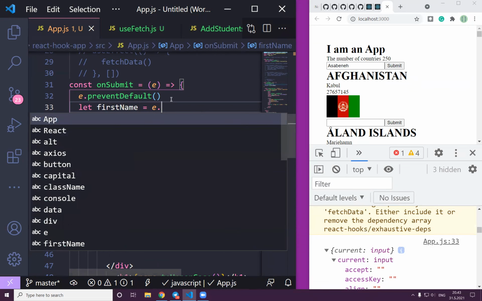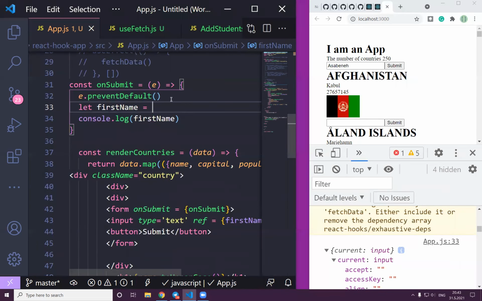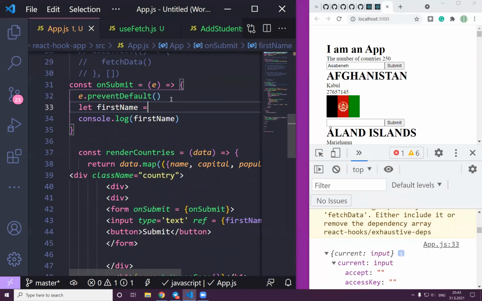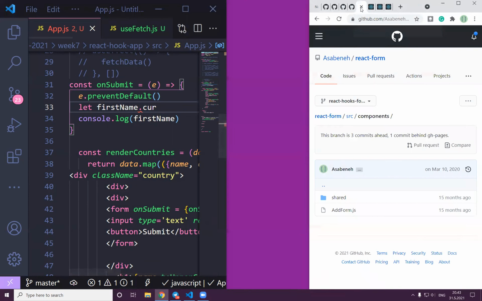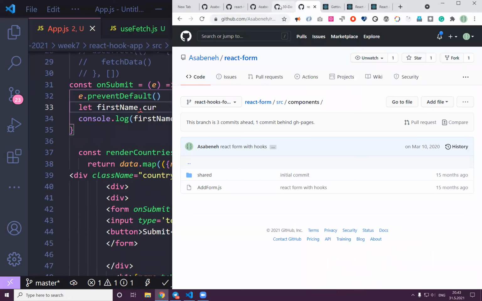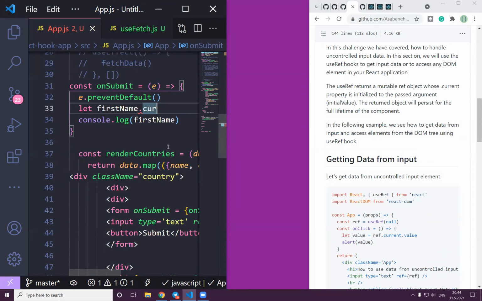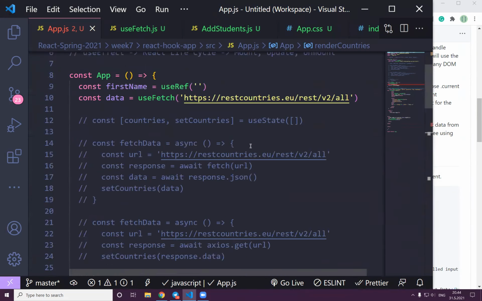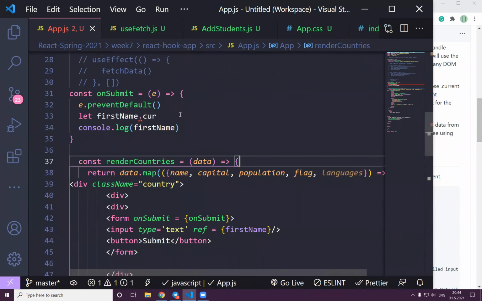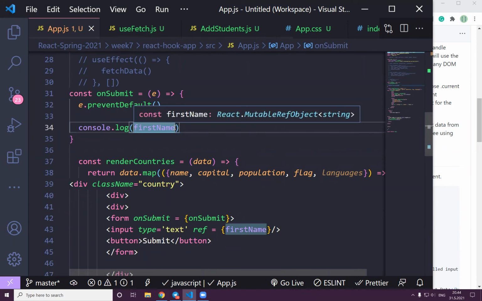So maybe I think, let first name, we should get it e dot, what is this? But current, I think I can also use the previous example in my 30 days of, okay, how was it referred? Actually, here it's a more elegant way of referring, as you can see, ref current value. Yeah, of course, we can say, where is it? Yeah, I can say first name, or